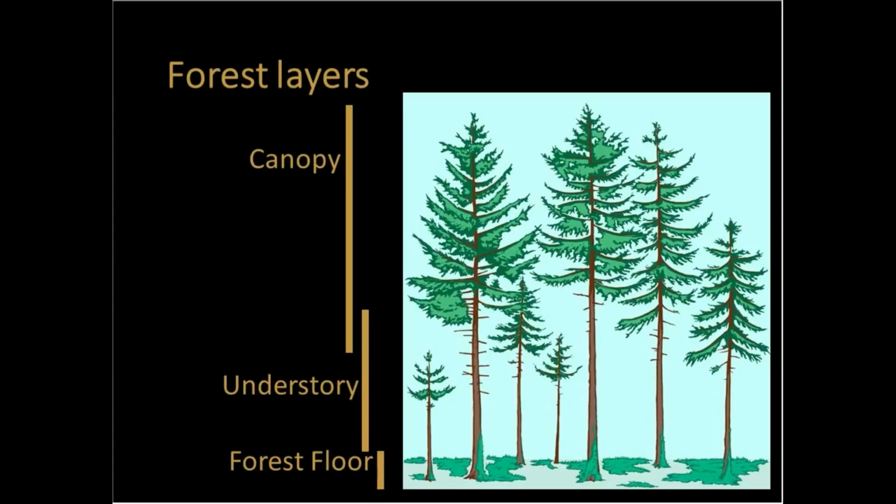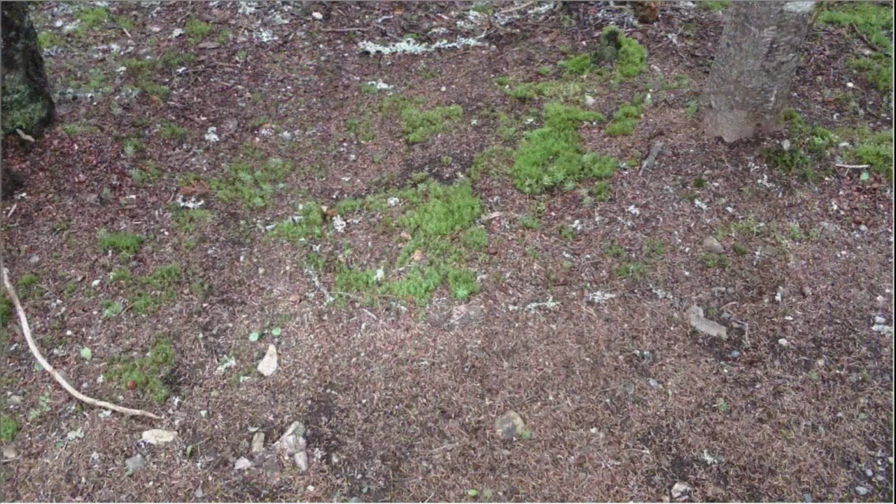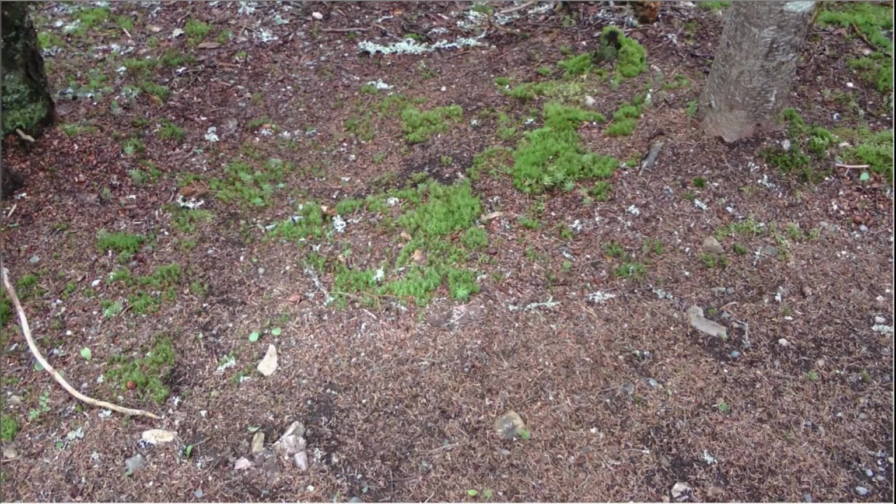The canopy is the above ground portion of the plant community formed by the collection of tree crowns, which can be seen here. Just below the canopy we have the understory, which is shown here. In this case it consists of bare trees. Notice the lack of leaves, and even in some cases the lack of branches. And lastly we have the forest floor, which is a layer of fallen fir needles, shown here in the brown,